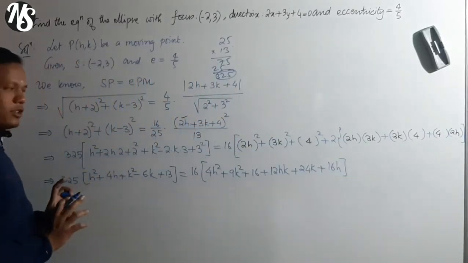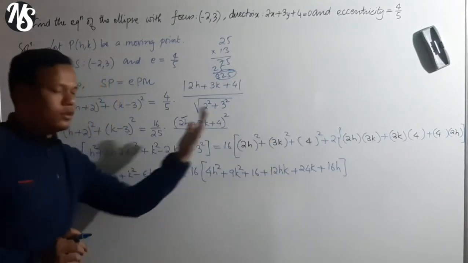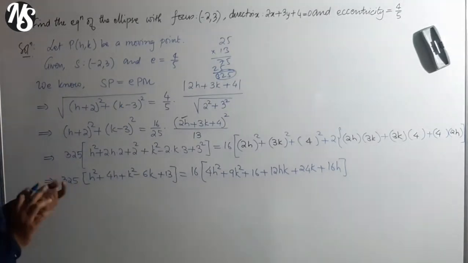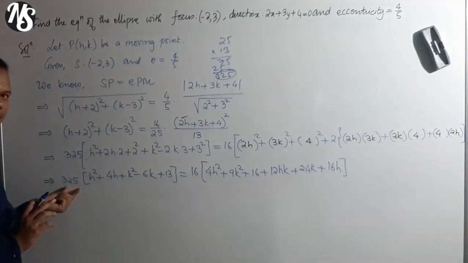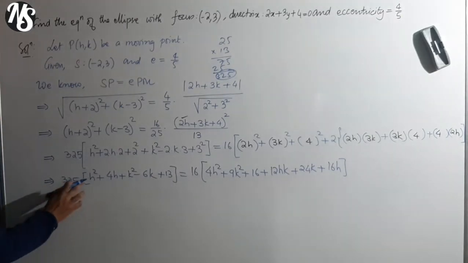I hope this thing is clear to you. Okay, now our job is to bring everything to the left hand side. Now it's a huge task for us because we need to multiply big numbers out here. So we have got 325. So 325 into 1 is